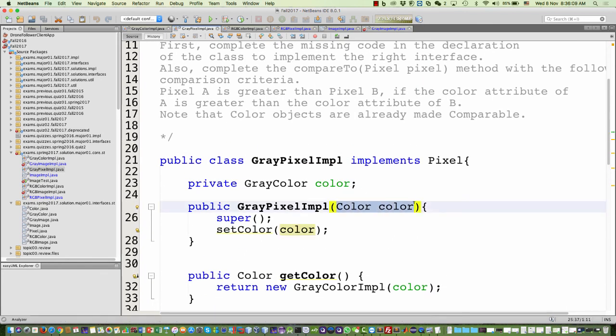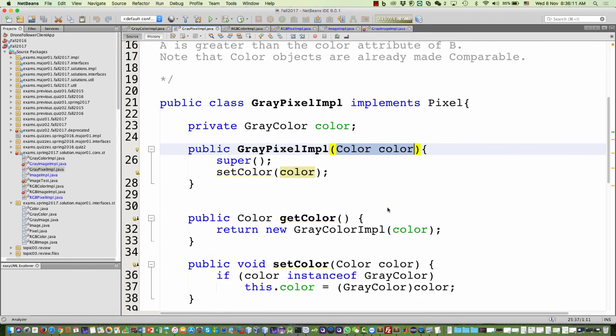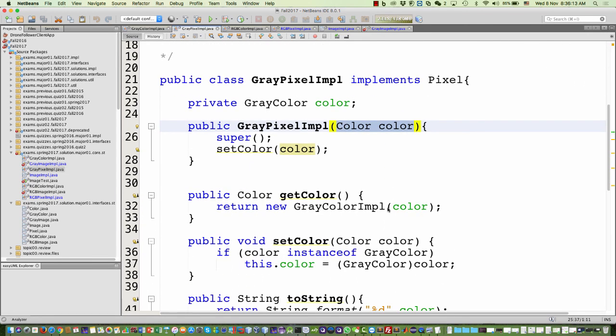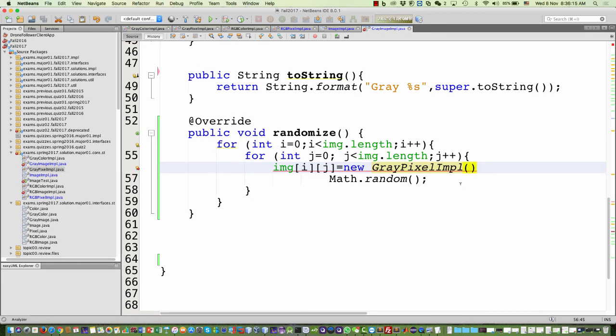A color. Which type of color? Gray. So here I need to create a new color. Right? What type of color do I need to create? Gray color. Because of polymorphism, gray color is a subclass of color, so the constructor will accept it. Clear? Now you see polymorphism. We have polymorphism, and here inside gray color,